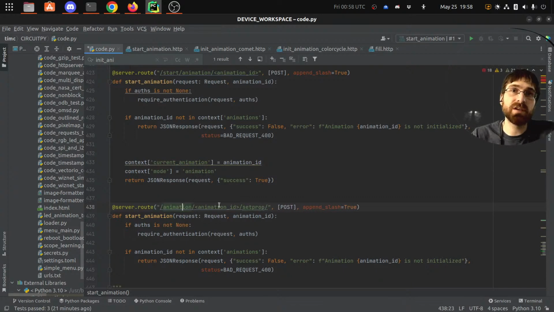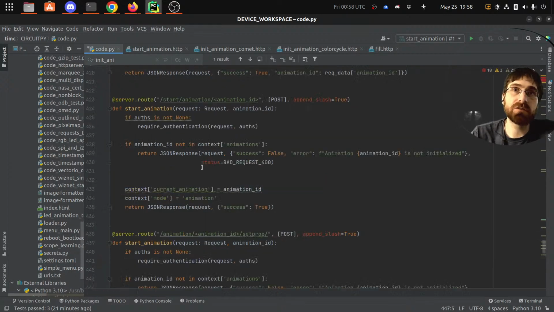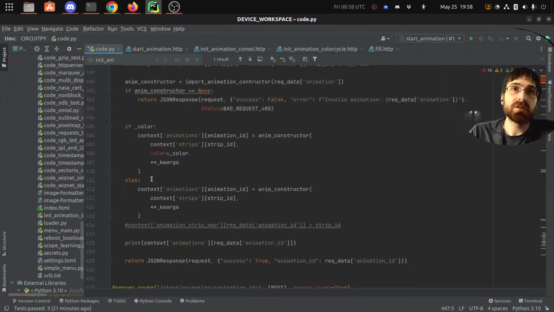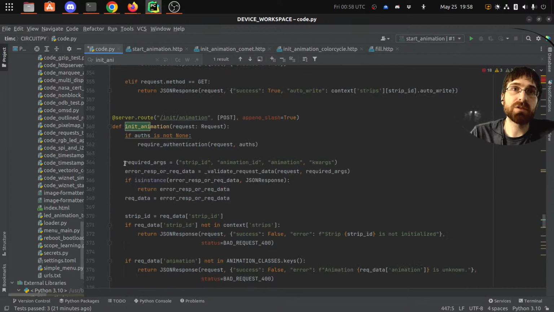There we go. So we say animation, the animation we're interested in, set prop. We want to set a property on this animation. If we don't have that animation, then we return an error. The other thing we'll have is a required argument of